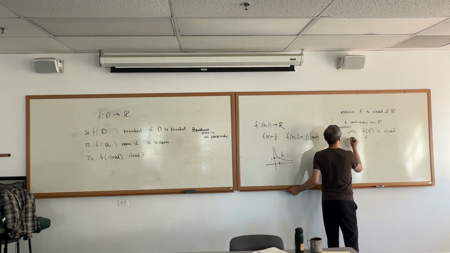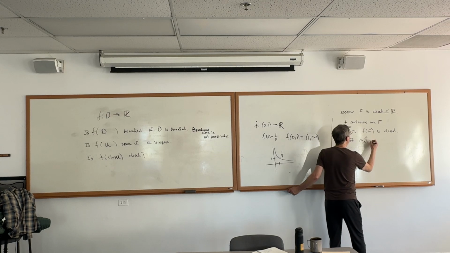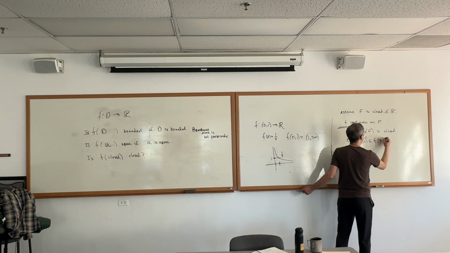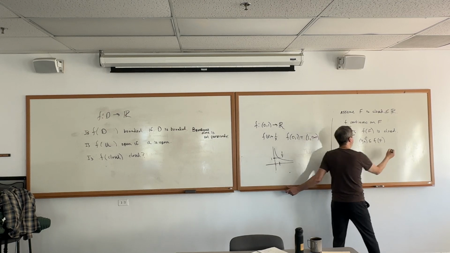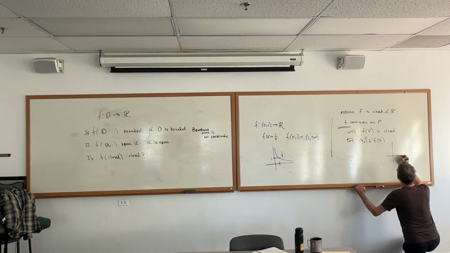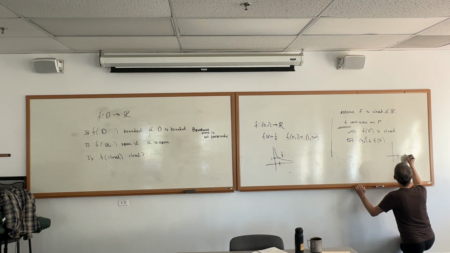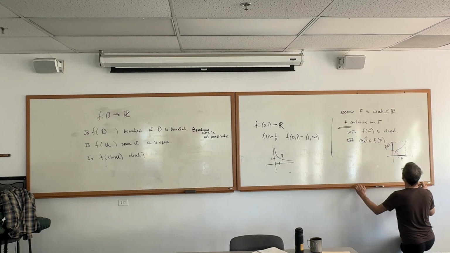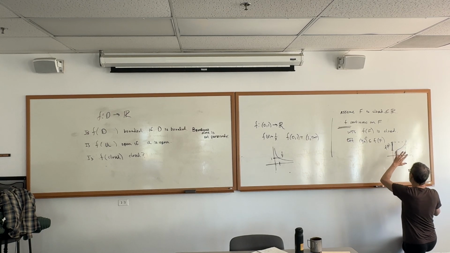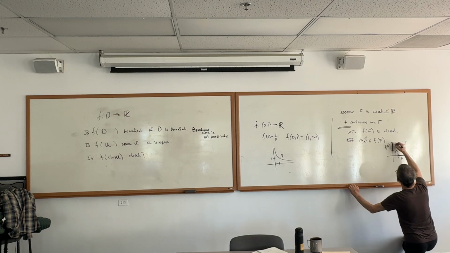So let y sub n be a sequence of points in f of F. Let's draw a picture too. Always helpful to have pictures, sometimes misleading. So here's going to be my set F, and then I've got some weird function. And the output is this. This is f of F right here, this interval that I've got up here. Now this drawing's super suggestive. I drew it closed, but I can't assume that. But it's going to help me get my point.